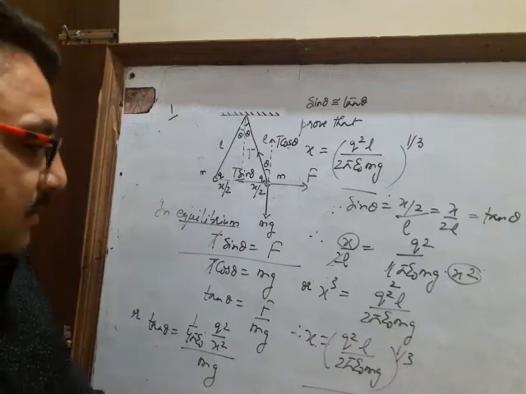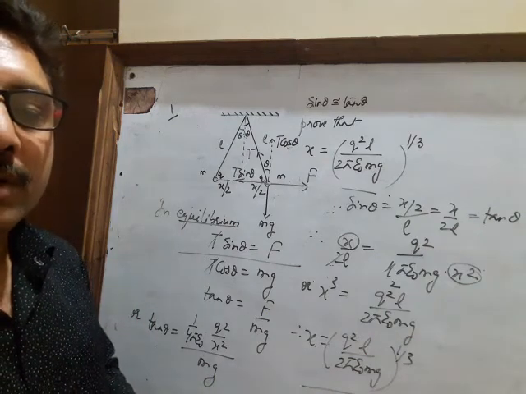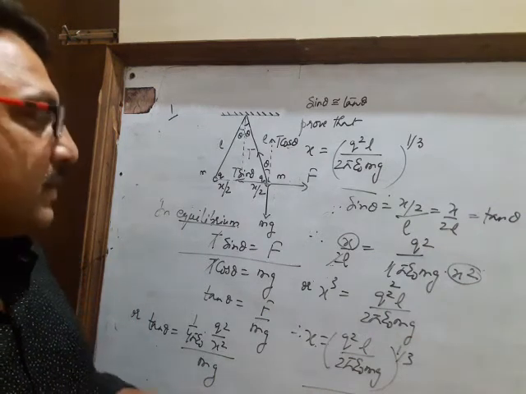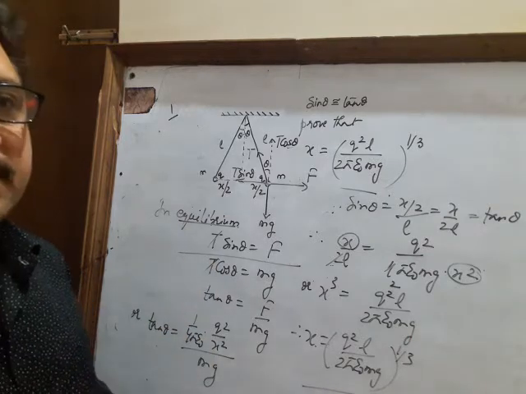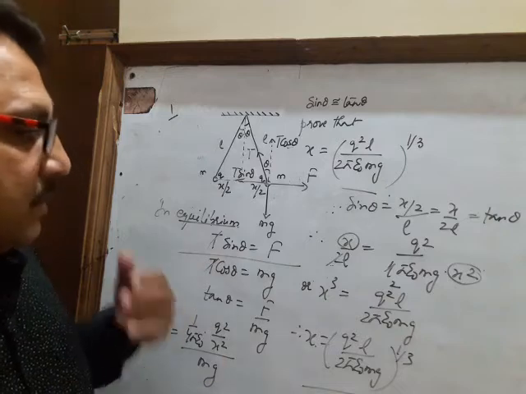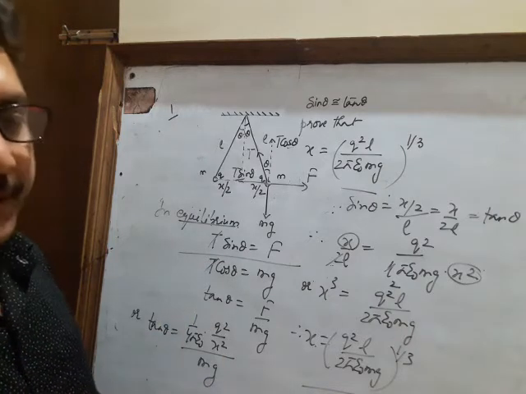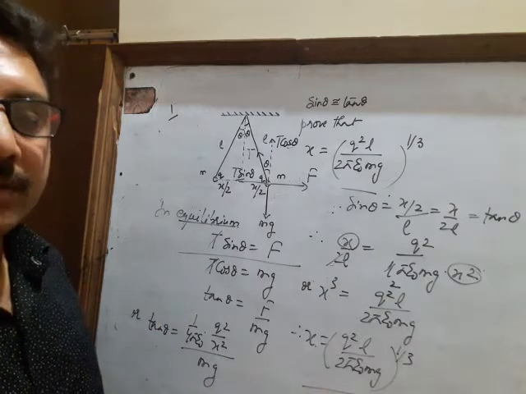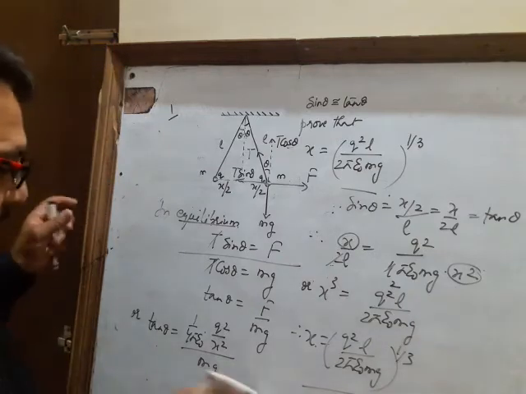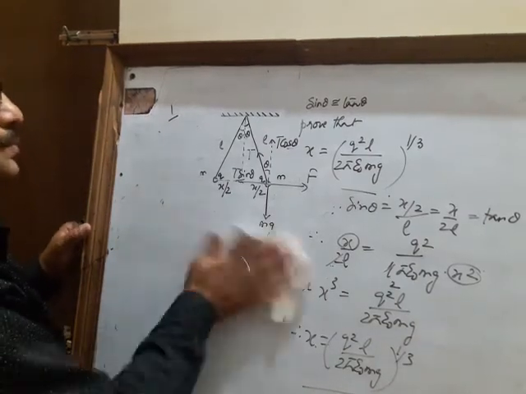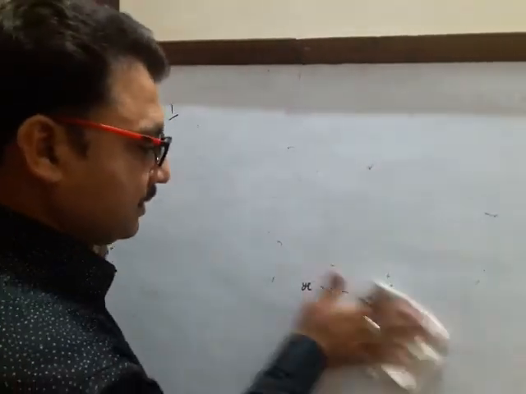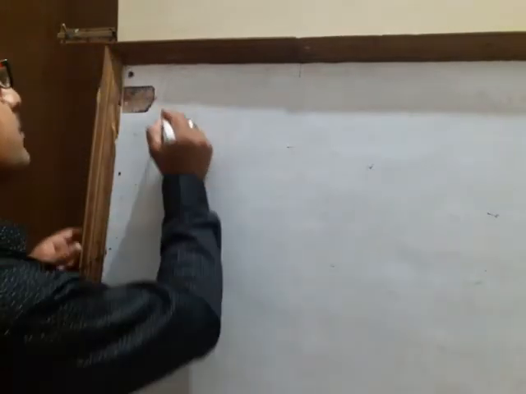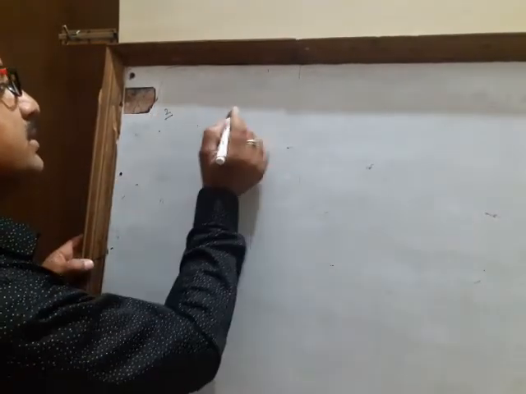So this is the method how you have to solve this question. Apart from this, you can follow another method also, taking the ratios of the triangles, but I think this method is appropriate for you. This was the first question, and now comes the second question. I will tell you the tips so that you can solve at home also. This is the second question.